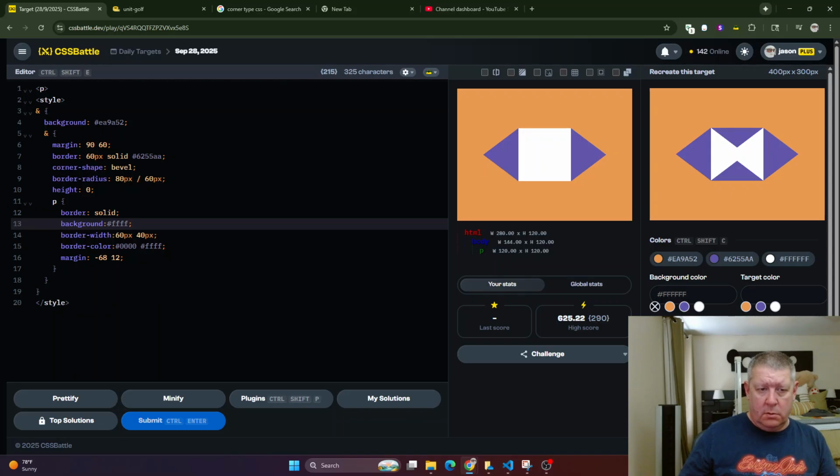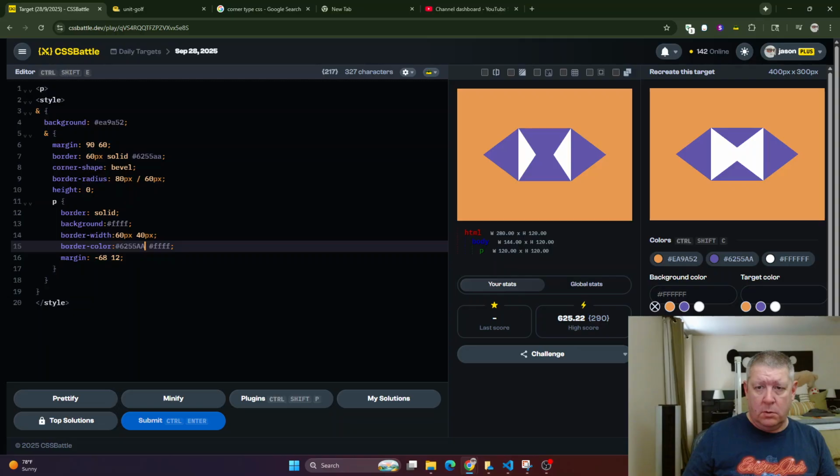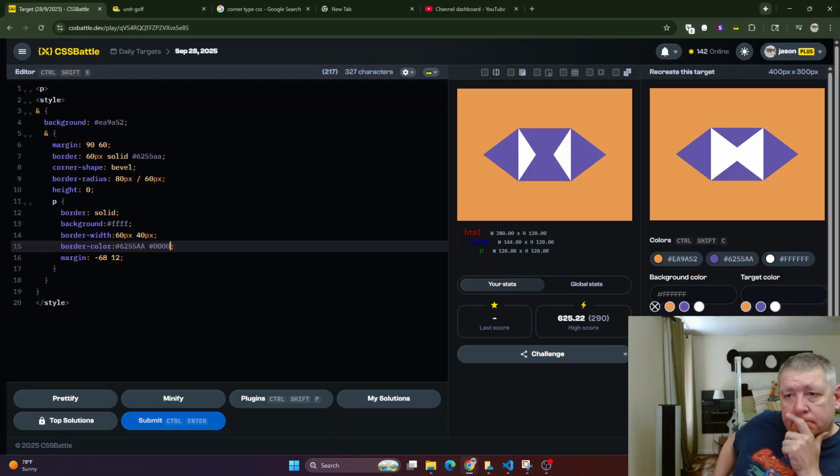Border color purple. And transparent's not going to work any better. How do I get away with that? I don't know if I do, because